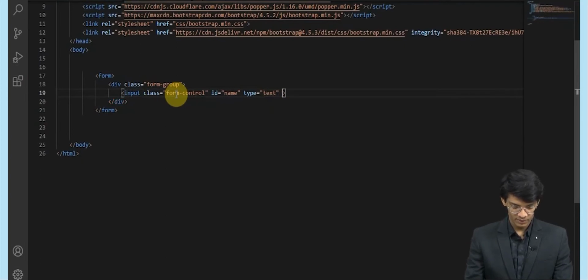Yes, we can give a placeholder also. The placeholder would be enter name.